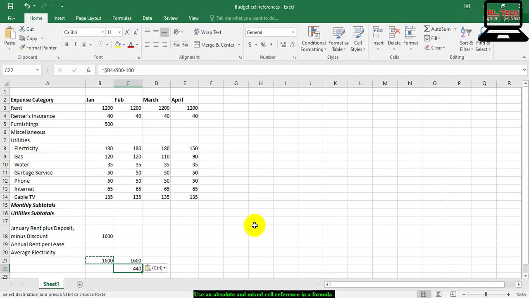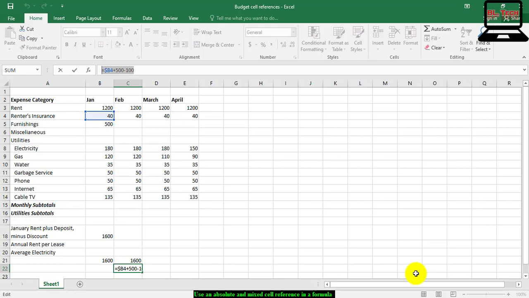That's because the formula in C22 references cell B4. You see, the $ sign before the B in the formula is absolute, but the row number is relative.